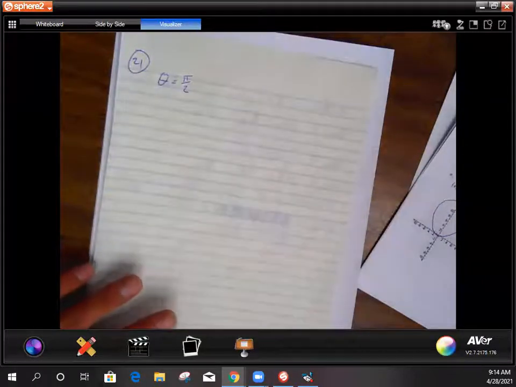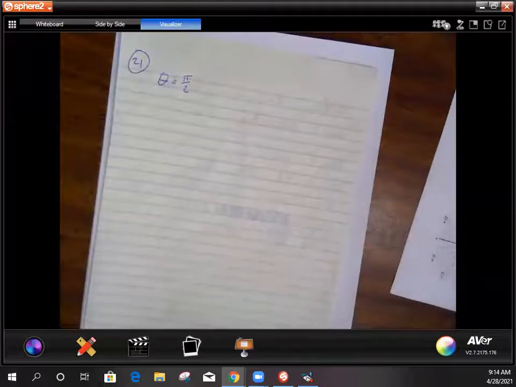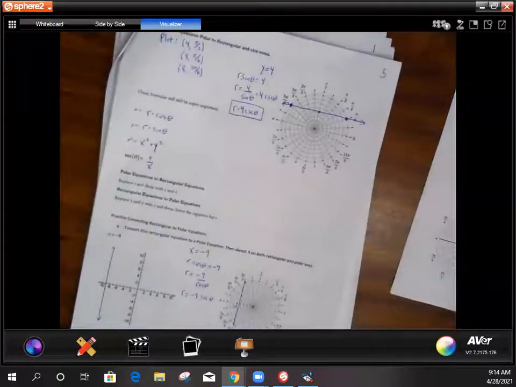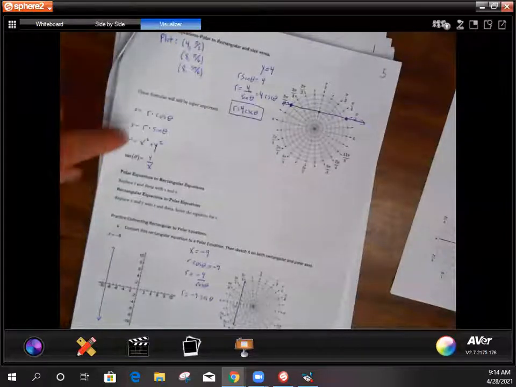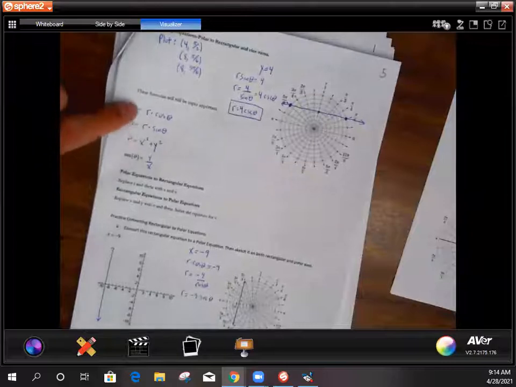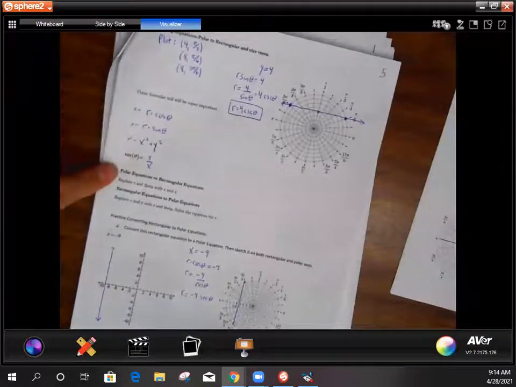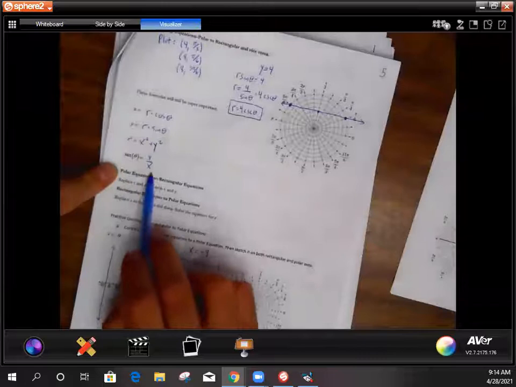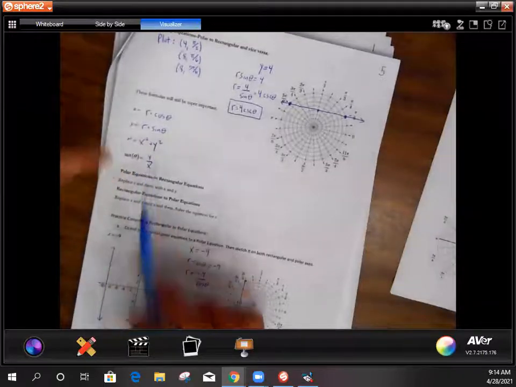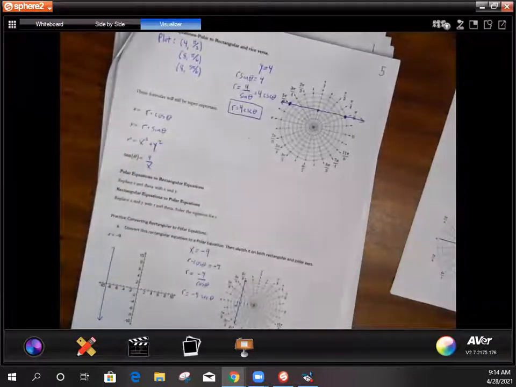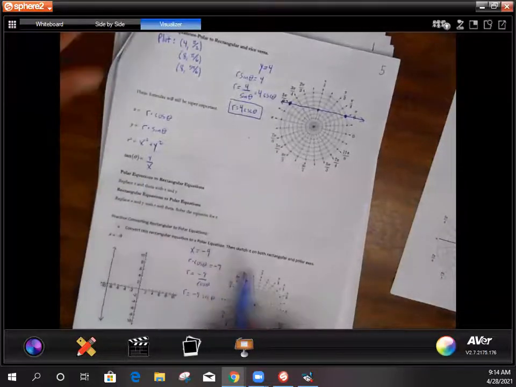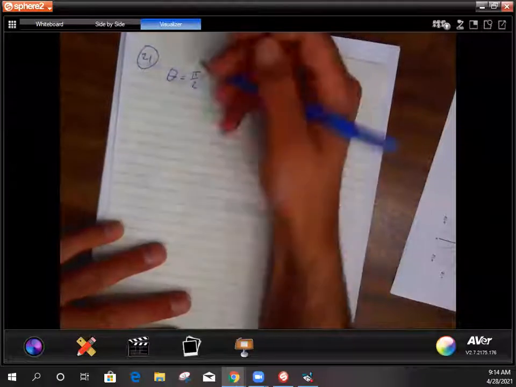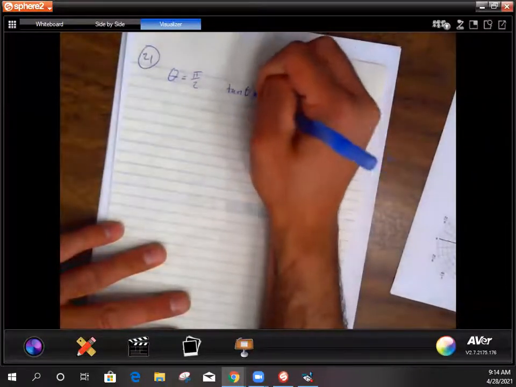So that's when you want to use tangent equals y over x. All right, so when you're stuck on converting something from polar to rectangular or rectangular to polar, you want to refer to these right here. So we can use this to incorporate x and y because that's what it means to put something in rectangular form. Like don't write it in terms of r and theta, write it in terms of x and y. All right, so if I use this, if I know tan of theta is equal to y over x,